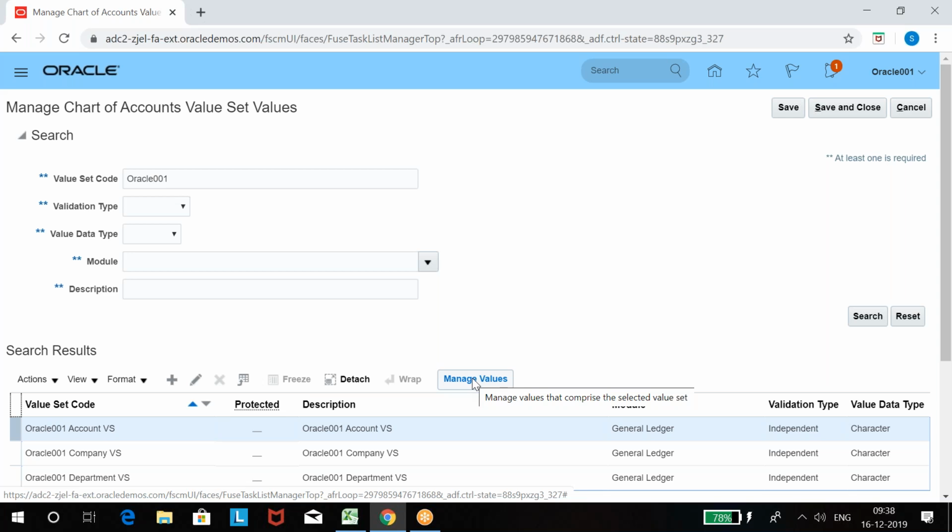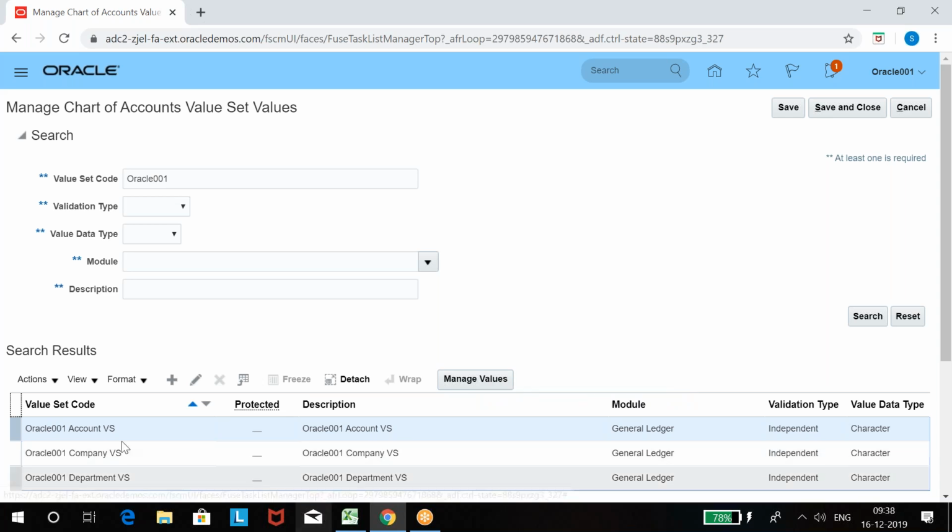For accounts, there are so many codes. There is so much data that we need to define. So what I'll do, I'll show you 2-3 codes how to create for accounts, and then we have one value set provided by Oracle to use for training and practice purpose. I'll be using that value set. But before I use that, let me show you how to create accounts first. Select this and click on Manage Values,